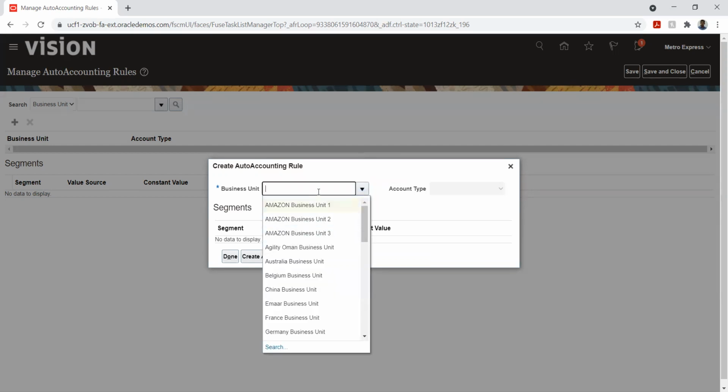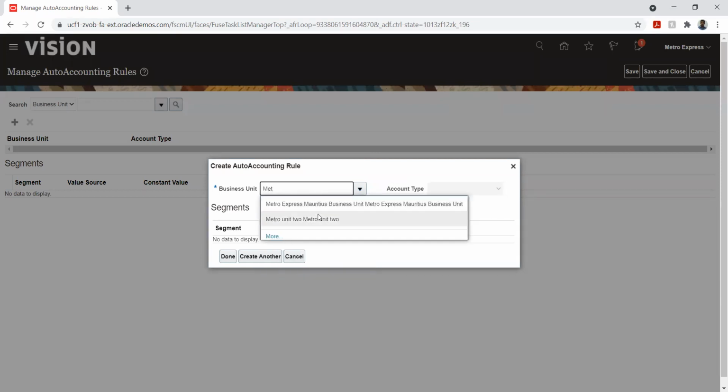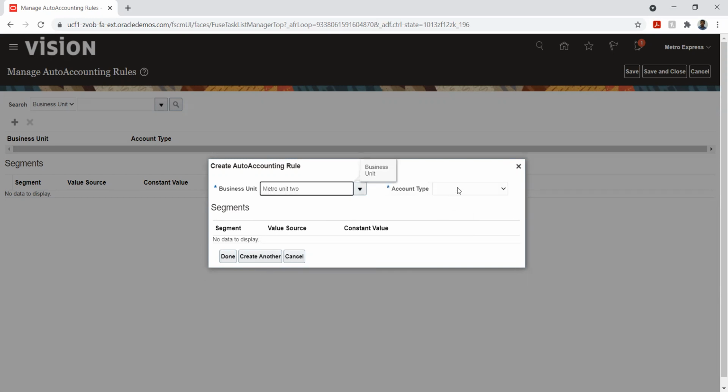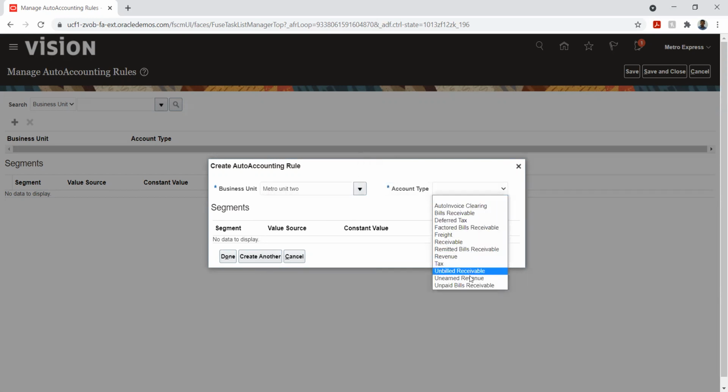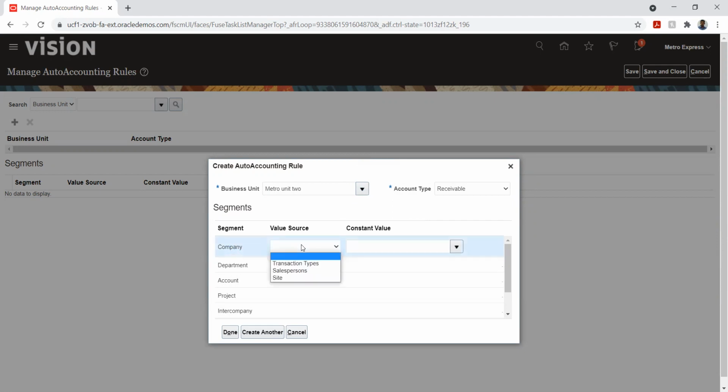So there are multiple parameters or options that I can use to create this. If you see here, account types are different. When we are setting up this transaction type, we have a few accounts, that is receivable account, revenue, tax, unearned revenue and bill, and similarly for all. We will have to set each of those up separately. So we will have the segment parameters, and with this, we have multiple options.